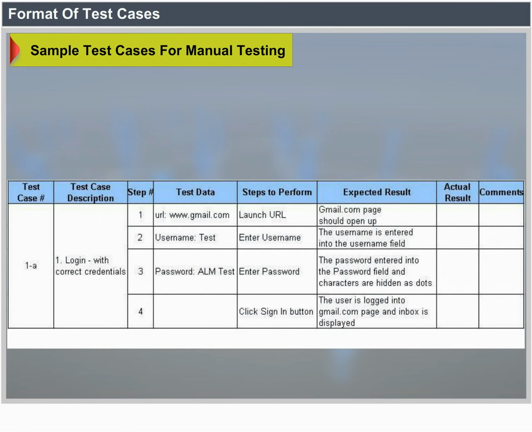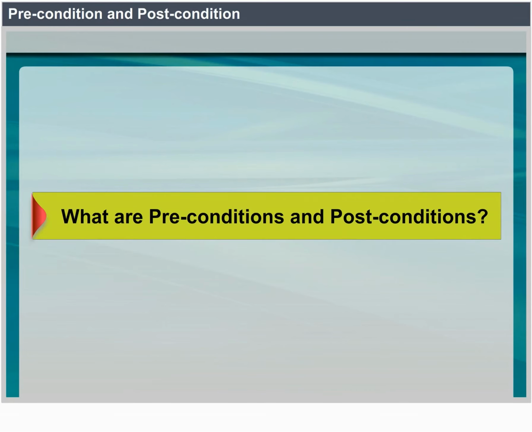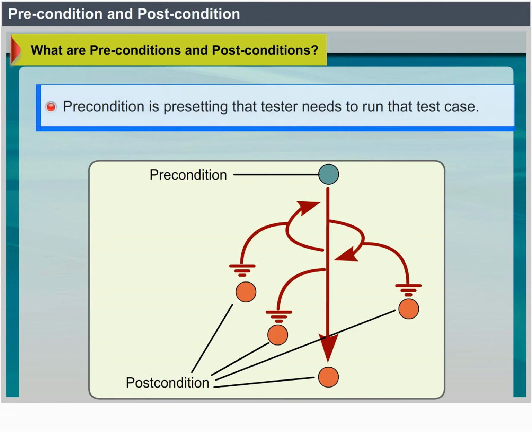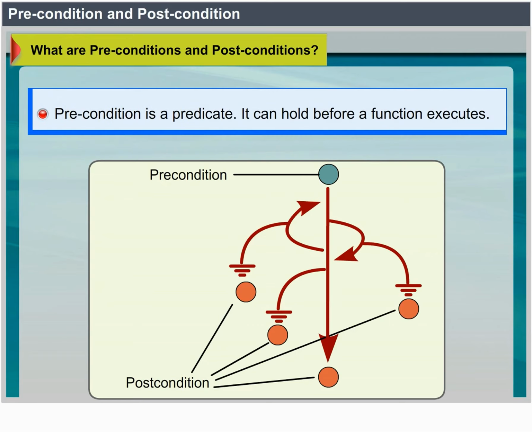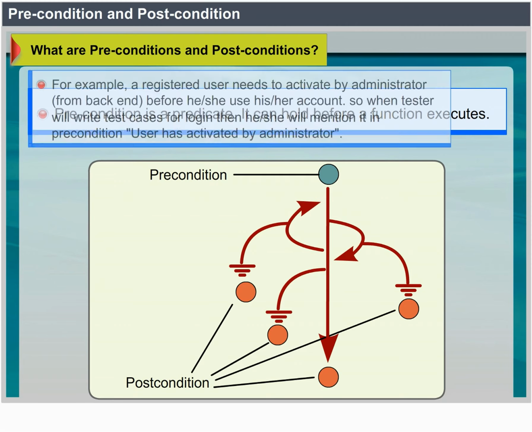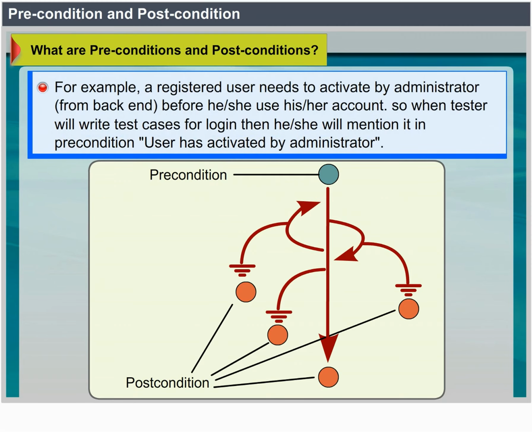What are preconditions and postconditions? Precondition is presetting that the tester needs to run that test case. Precondition is a predicate. It can hold before a function executes. For example, a registered user needs to be activated by the administrator from the backend before he or she uses his or her